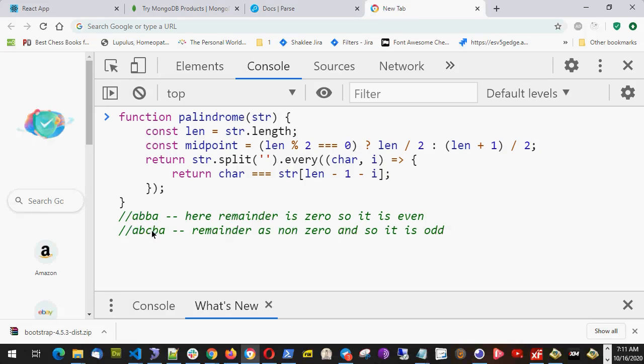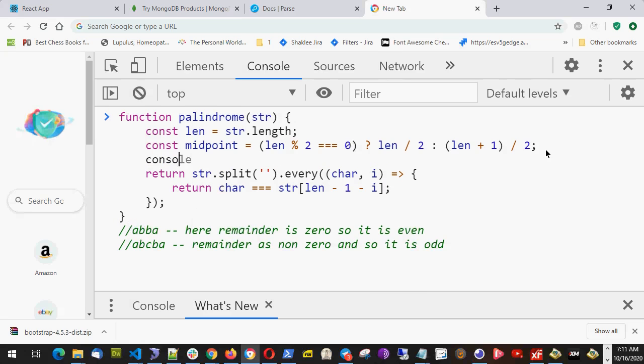So I have to go till 3. Here I have to go till 2 elements. Here I have to go 3 elements. Okay, something like that. And here I'll check console.log: length is len, and midpoint is midpoint. Okay, so I check the midpoint,